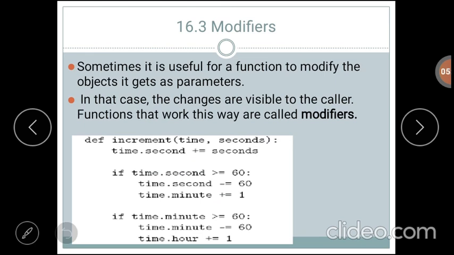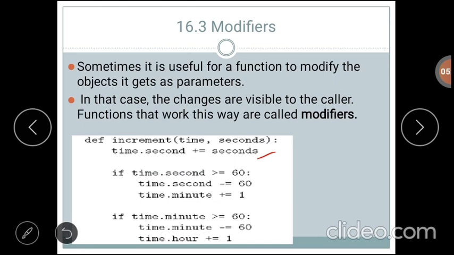In this function, initially we are adding the argument seconds to t.second. That is, there is some new value that we are adding to the object attribute second. After that, we are checking whether second is exceeding 60, and again whether minute is exceeding 60.